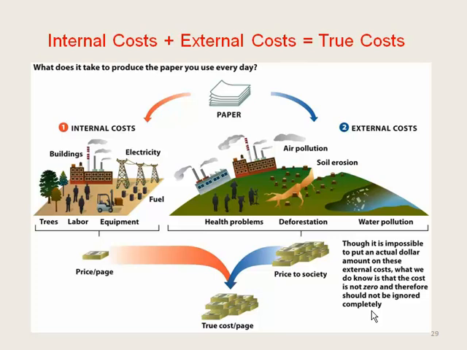An internal or direct cost for, say, paper, that the books you'll be buying if you're taking classes this fall, would consist of the buildings that were used to process the paper, the electricity that ran the equipment to process wood pulp into paper products, the trees, the labor both in the field and in the factory, the equipment, the transportation, the fuel costs. All of that goes into the price per piece of paper you may be consuming. Those are the internal costs. That's what goes into the cost you pay at the store.